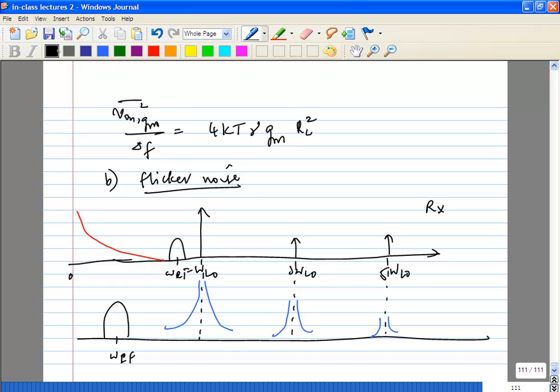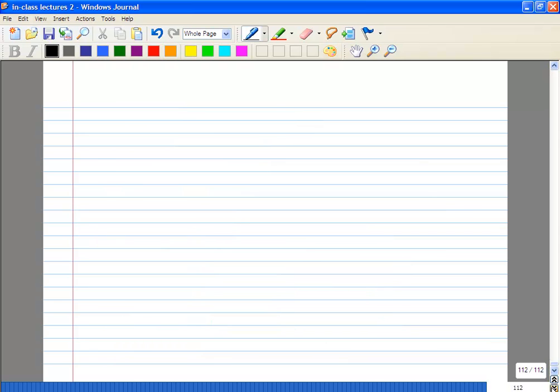That is probably the only way, right? There is no other way. Flicker noise depends only on DC current and the size of the transistors. So if you are going to design a transistor, be careful about flicker noise from the GM stage. So if you have a TX,